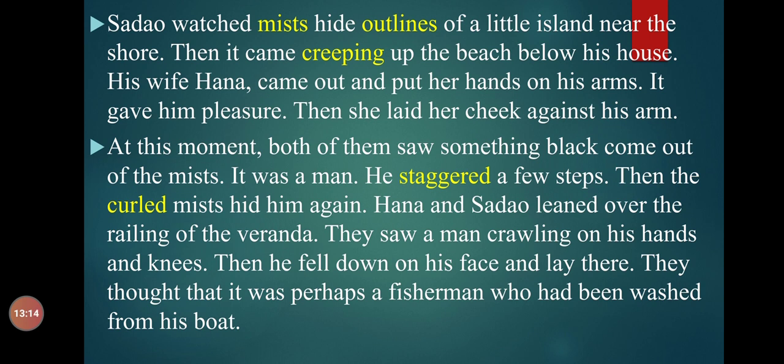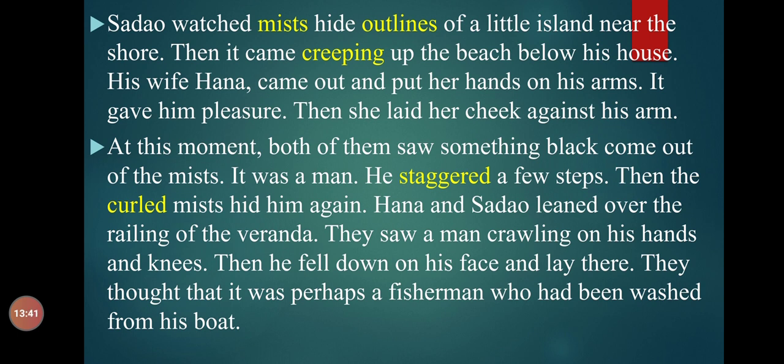Now, dear students, look at the highlighted words in yellow color, which are the difficult words in this paragraph. The first difficult word is mist, which means foggy. Second difficult word is outlines, which means the outer lines of a figure. Third one is creeping, which means occurring gradually.